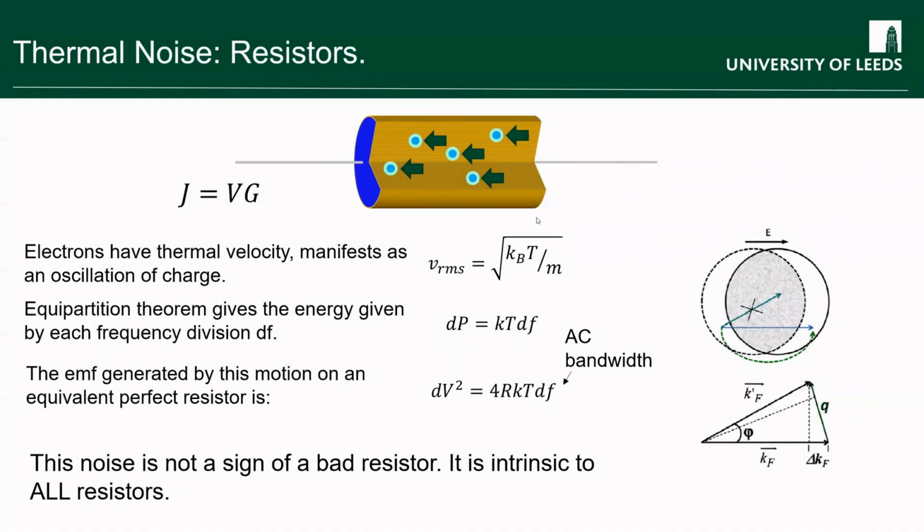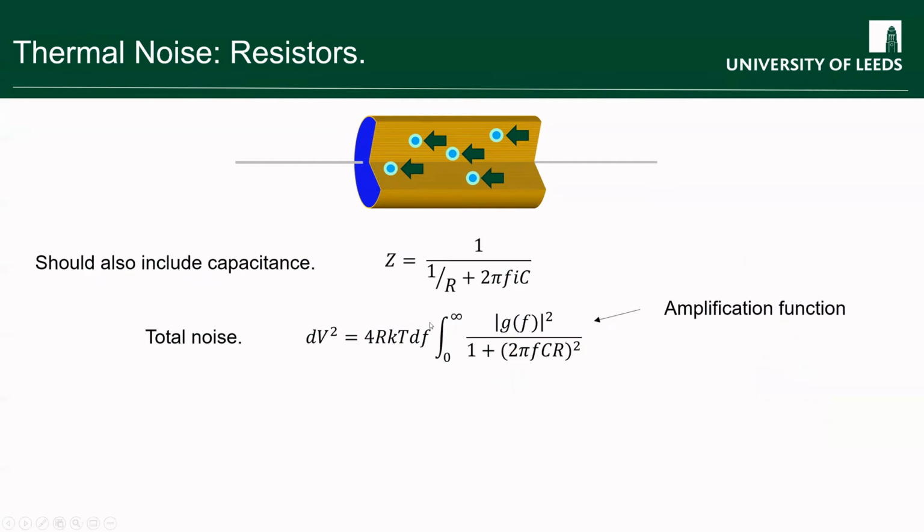So as we saw, thermal resistance, thermal noise always occurs in resistors. So if you have a resistor, you cannot escape the fact you're going to get some thermal noise. The next thing we want to look at, however,